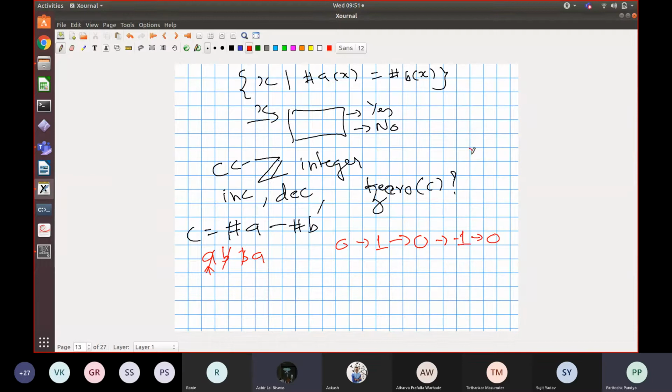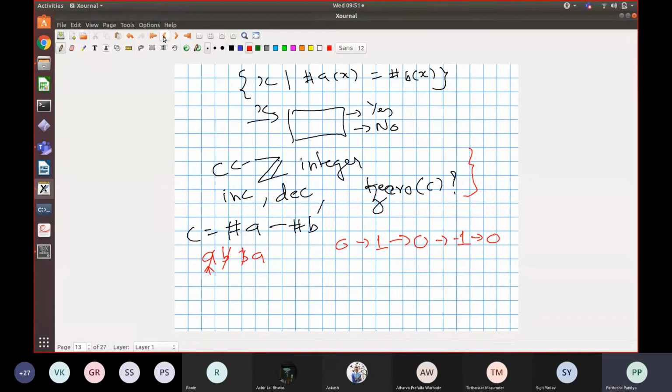Okay, but the point here is that these two are different kinds of automata. One uses two counters which hold only unsigned integers, and it uses only an increment circuit, and it has to have a circuit to check whether two of those counters have equal value or not. Whereas in the second automaton, you'll have to build a circuit which will store both positive and negative numbers, and it should allow both increment and decrement operations, and you need only test whether this counter is 0 or not, and there is only one counter.